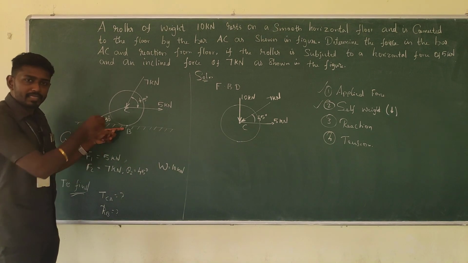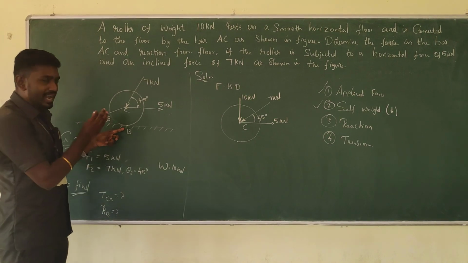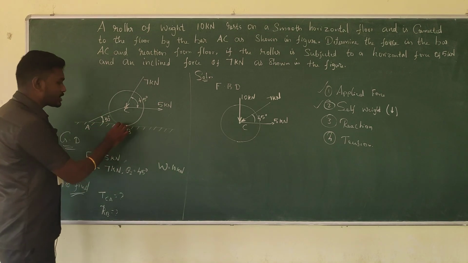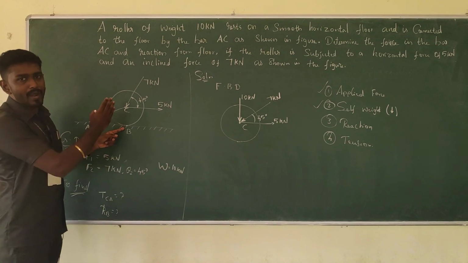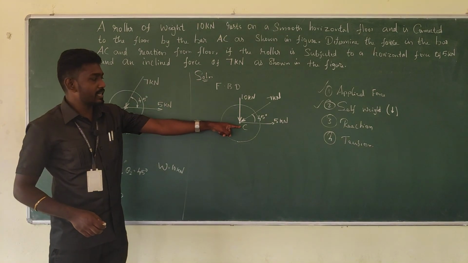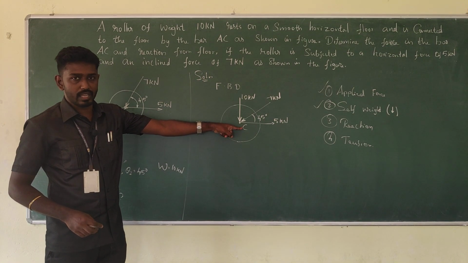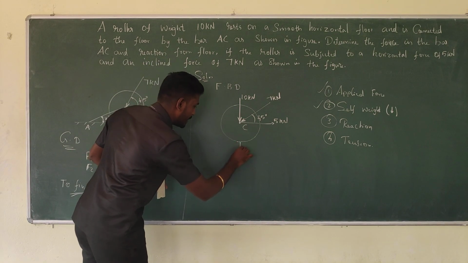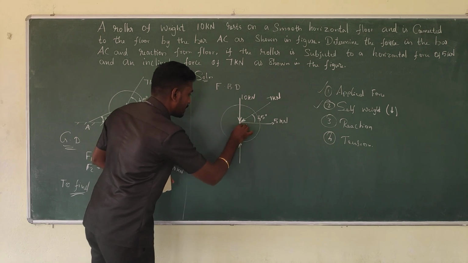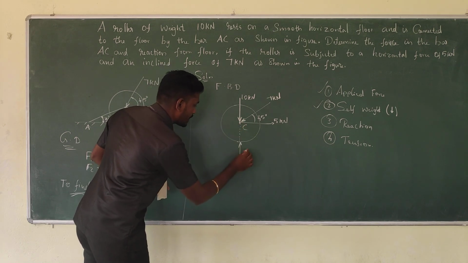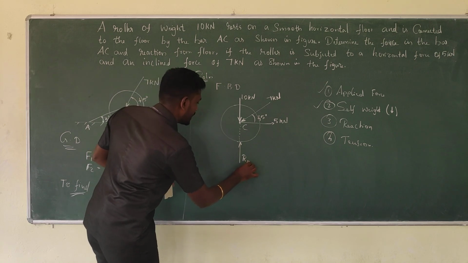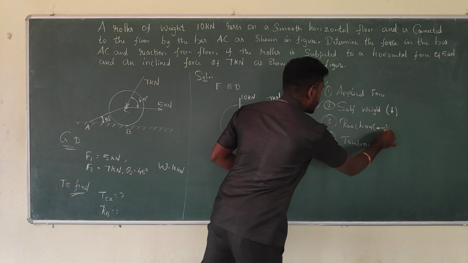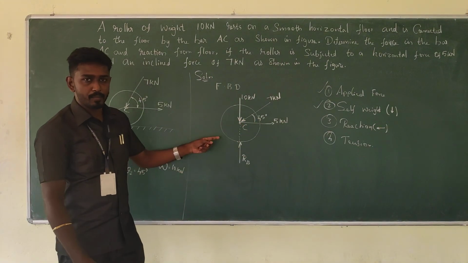At the point B, there is a contact. So if you are having the contact point, then definitely there will be a reaction. We know the reaction force will act towards the considered point. So here the particle is considered as C. Towards the C point, the force will be just directed towards the point C. This is the reaction at B. See, the reaction force goes inwards to the point.